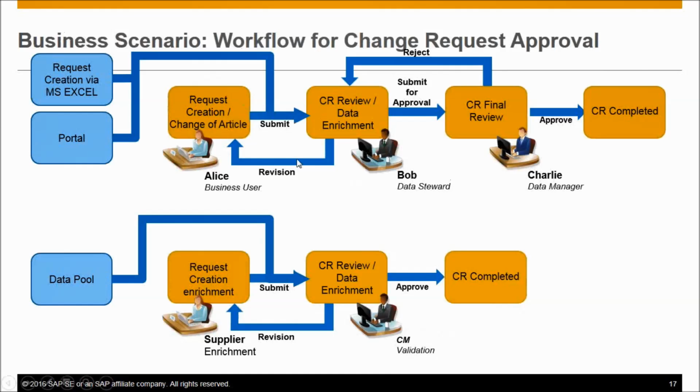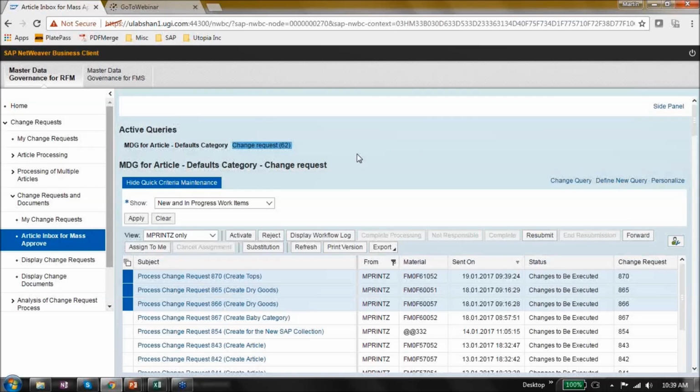So just like right now, I looked at an inbox of the change requests that I have to work on. Now, in the case of Charlie, he would get an inbox of his own, right? Since I have created everything in my user ID, I have all the rows in my user ID, so it automatically jumps to the next step. But if I would log out and log in again, this is the scenario I would see. So here, when you do the last step in the workflow, it says Activate.